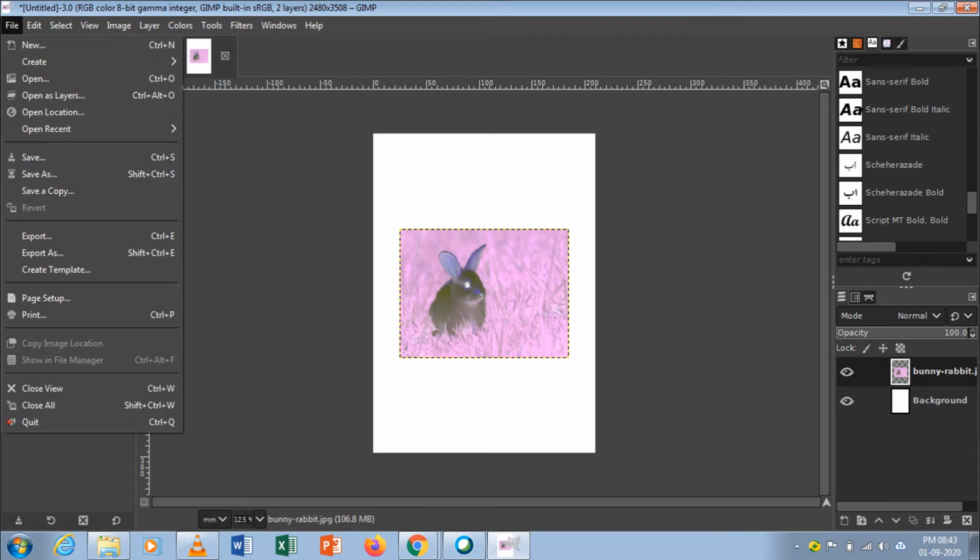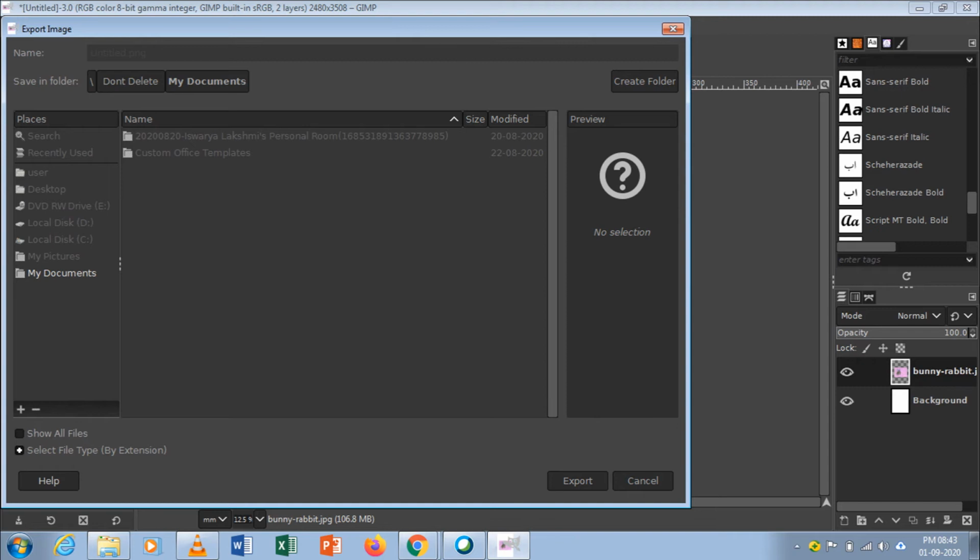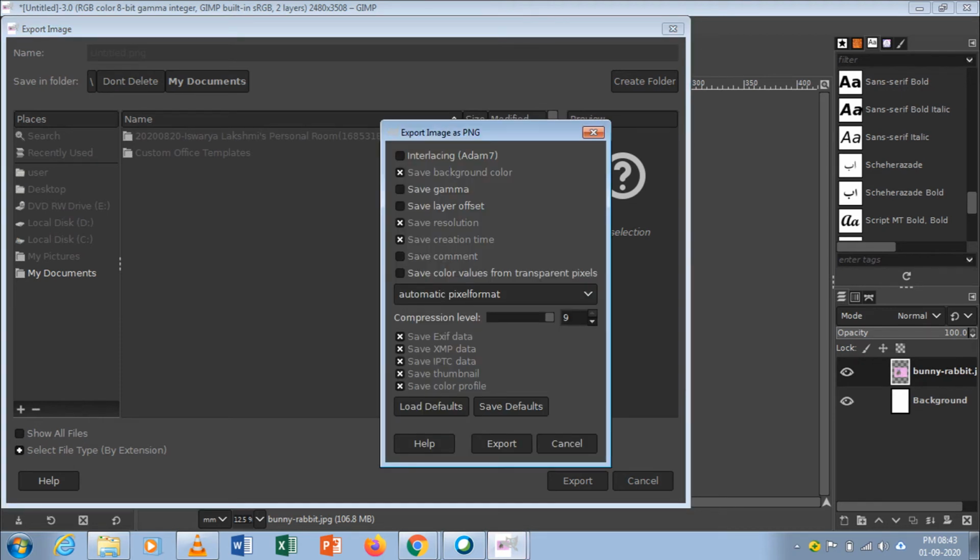Like this you can blur or you can change the color. Go to the color menu. Using the submenus you can change the color.